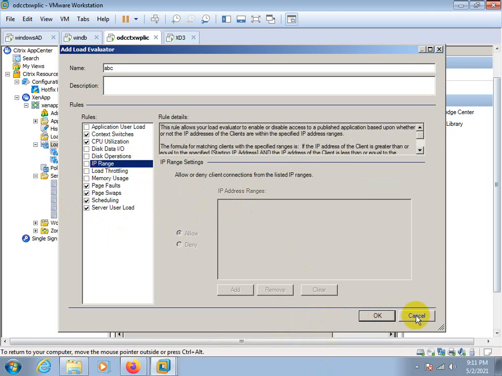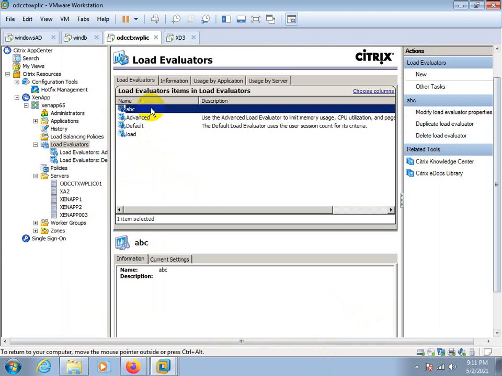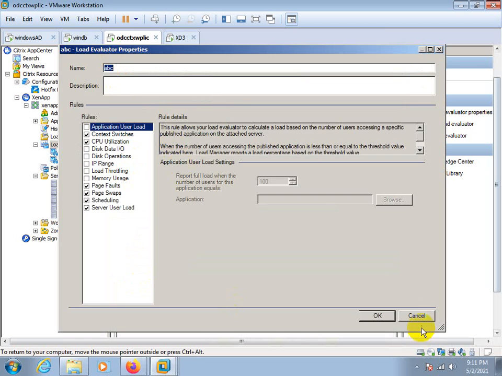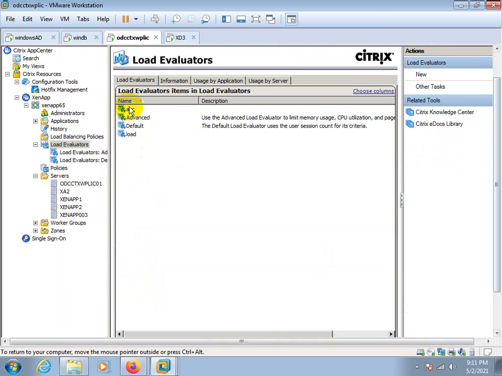Now ABC has been created. Right click and modify. If you want to delete, you can delete it.